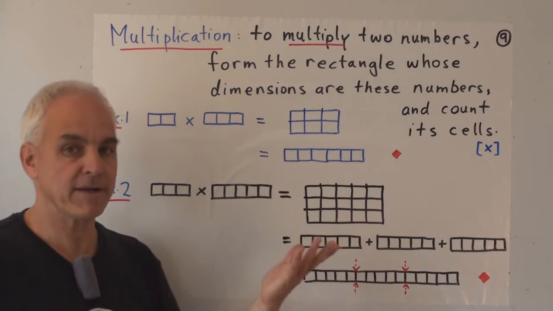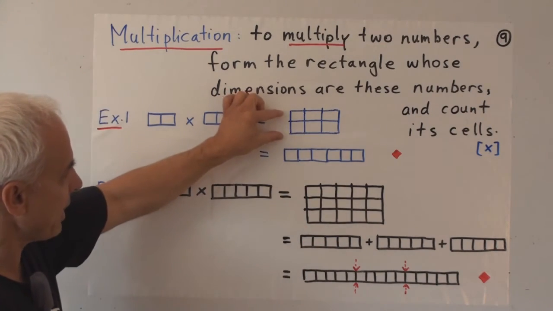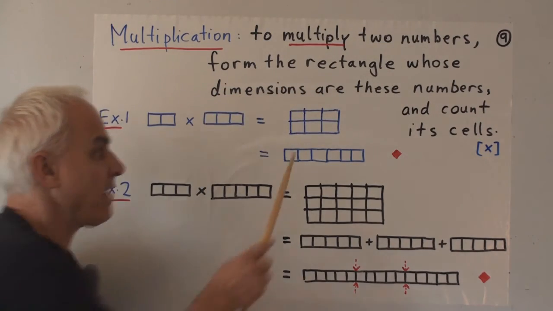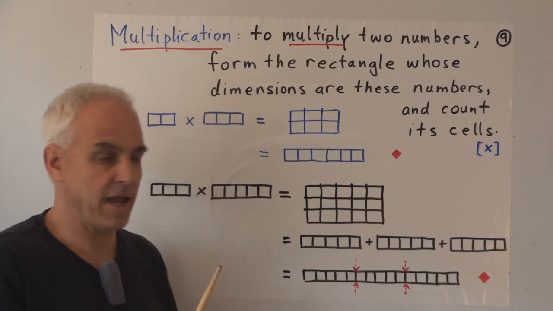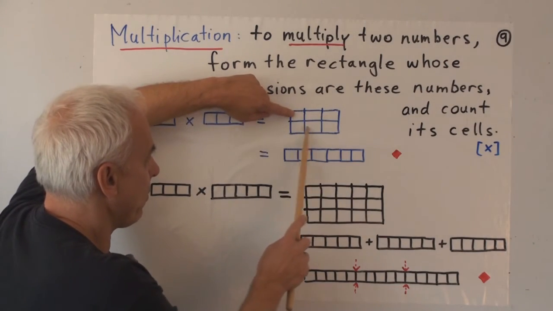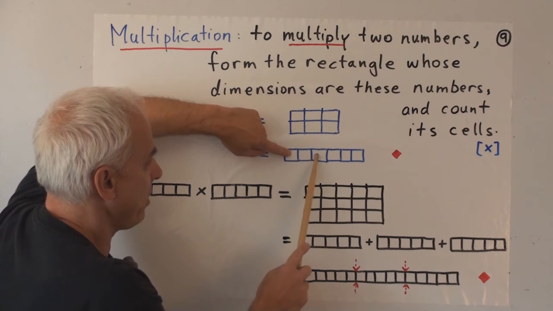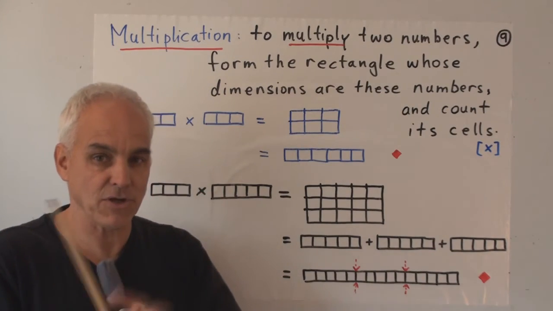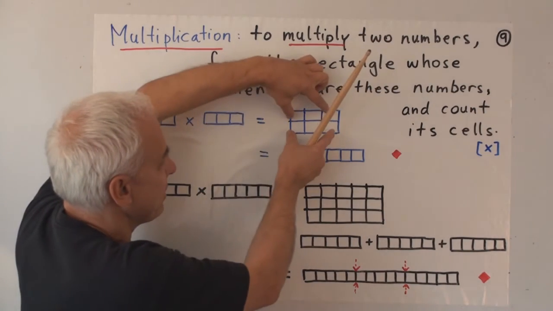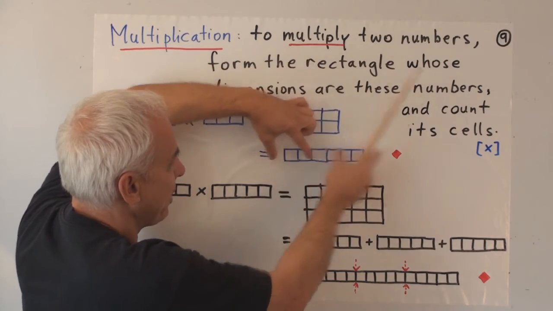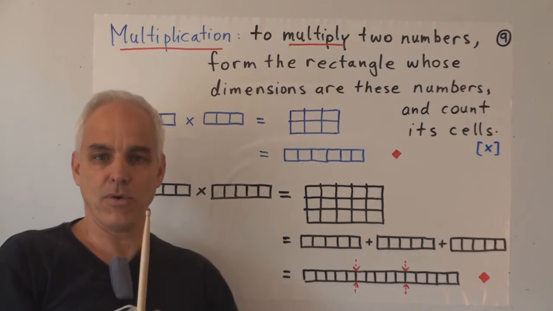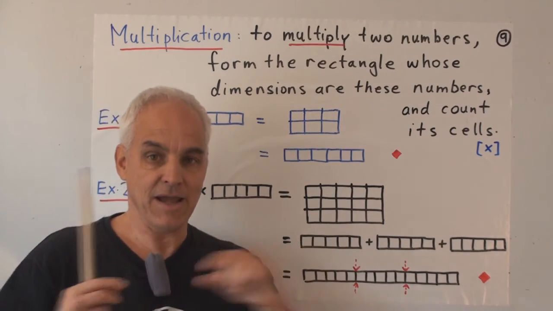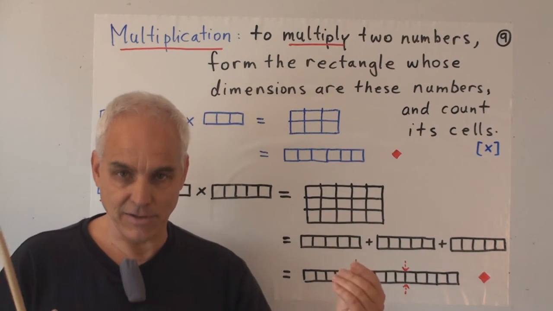creating a 2 by 3 rectangle. The number of rows is that first number, the number of columns is that second number. And then we have to count how many cells this thing has. Well, it has 1, 1, 1, 1, 1, 1. And I've put them down here. And that counting is really just a rearrangement of the cells. What we're really doing is separating the rows and putting them together to form one long row, because we've agreed that a number is a row rectangle. We've got to get a row rectangle as the end result.